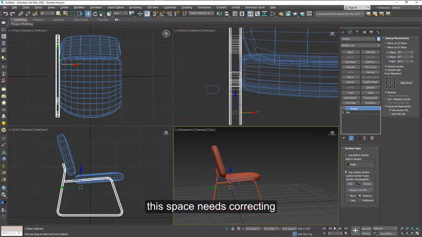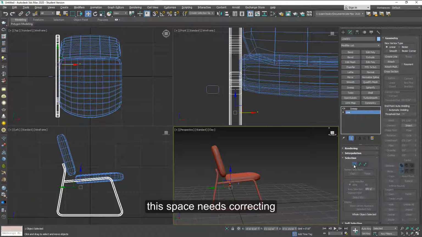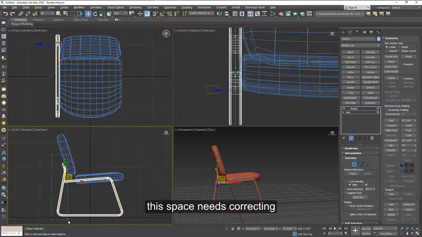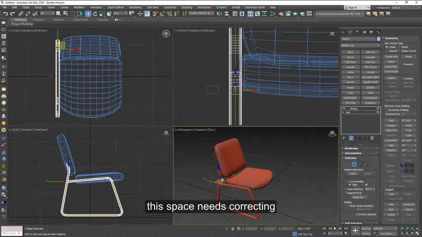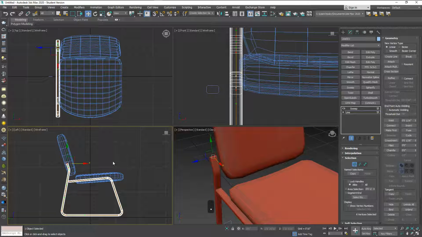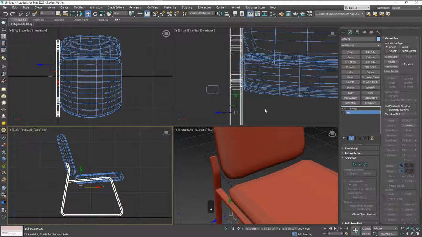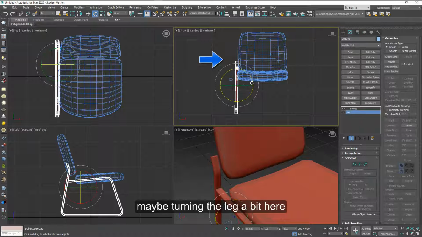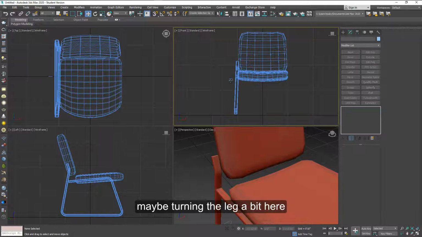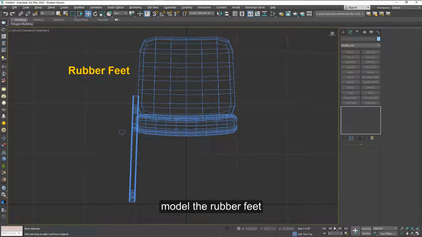So I'm going to move all these vertices forward a little bit, somewhere there. And now I can see that it also needs to go a little closer to the back of the seat. So maybe the leg is tilted a little bit. So we'll just guess for now. And now we can make the rubber feet. And if you make a copy of this